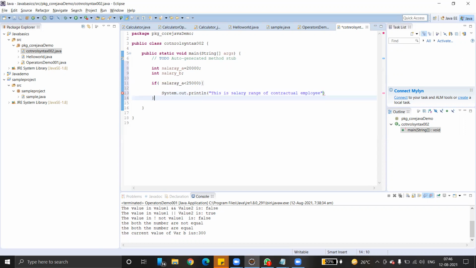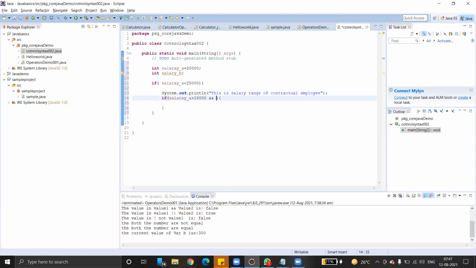Else can be used inside the same if condition. I've used one more if condition here: if salary A greater than 18,000, and the AND operator can be used here itself.